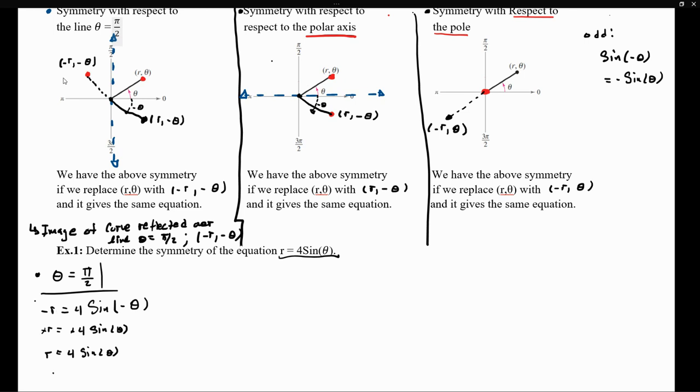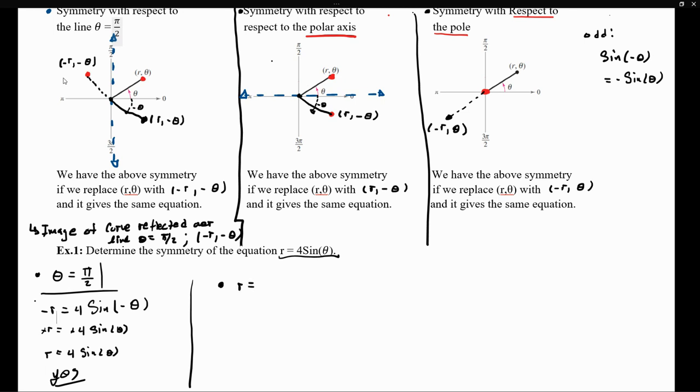So therefore, the equation r equals 4 sine of theta is definitely symmetric over the line theta equals pi over 2, because by plugging in our result, we get the same original equation back. But now let's test to see if the same equation is reflected over the polar axis. How do we see if it's reflected over the polar axis? Well, I'm going to plug in my image and see if I get the same original equation back. So I'm going to get my equation, and for r, I'm going to substitute a positive